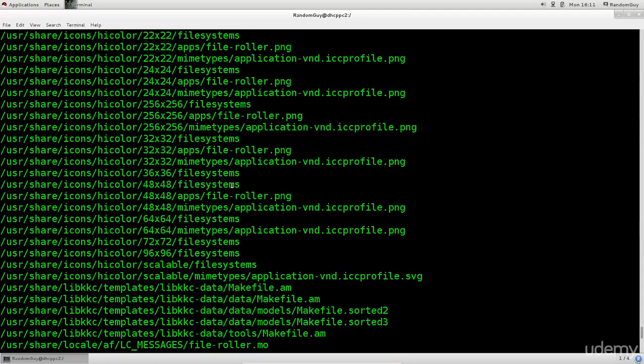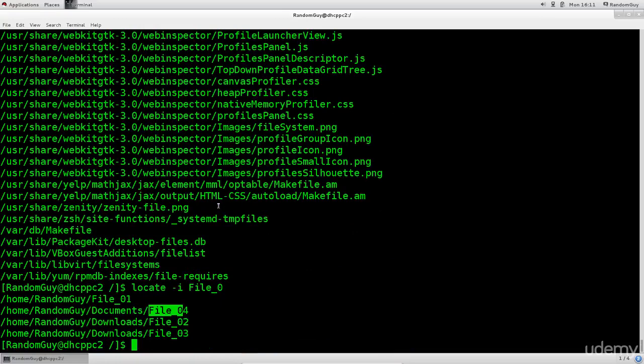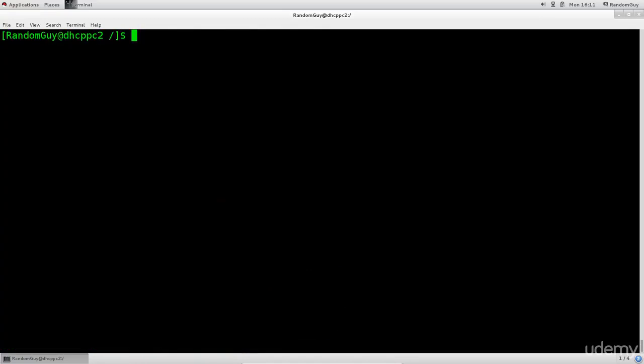Or if you know where you've approximately saved something, you don't need to search through the entire file system. You can just specify a path. Hold on, I didn't show you how to do that with locate. Let me just do this. So locate file 0. And if I say home,